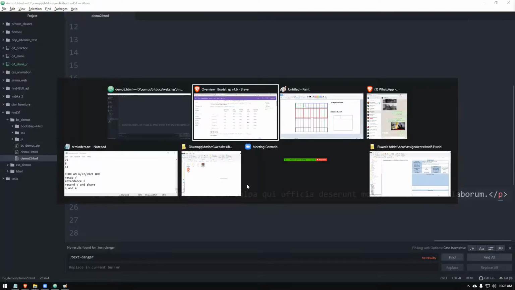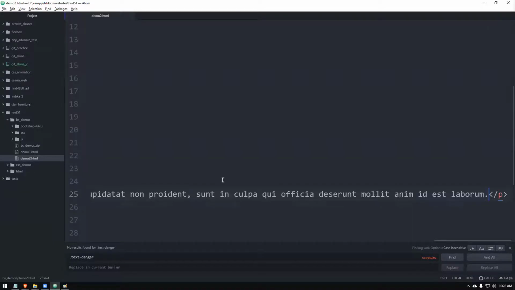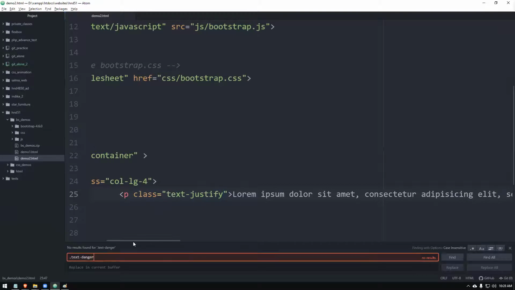Right now, let's reload this page. I can see one paragraph is there. So let's say you want to justify the text. You simply say class text justify. You don't write the CSS code. Bootstrap is already built in with that. It will adjust it for you. Line spacing, fonts, everything will beautifully come. Okay, so we have done that.